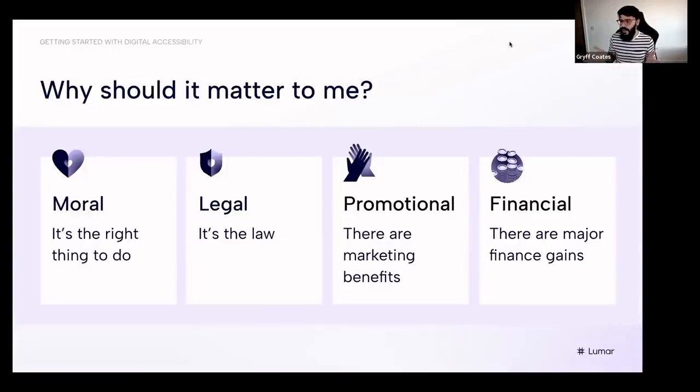So when we're actually thinking about that, the best moral thing you can do, going back to the first one, is just treat them like a commodity and give them the product they want. So that's a really important aspect to think about. So yeah, that's why it should matter.